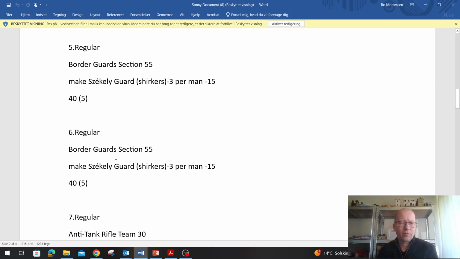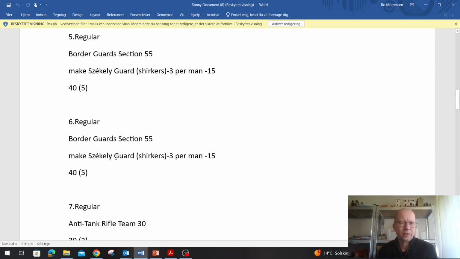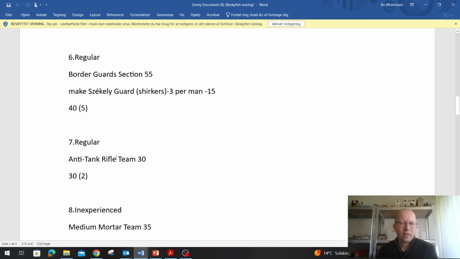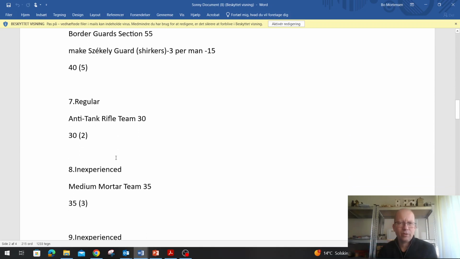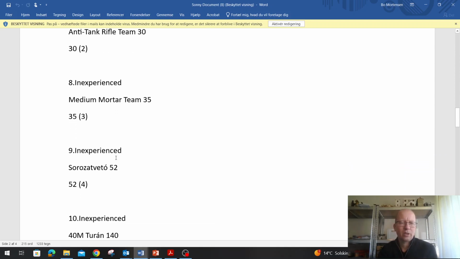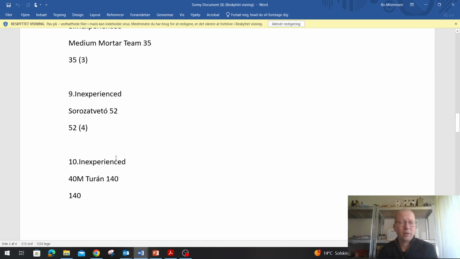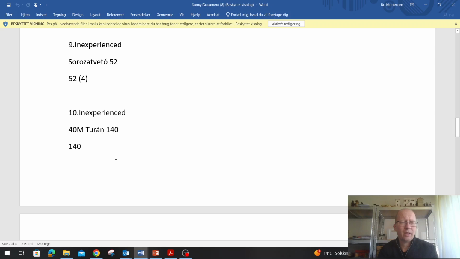Yep, more of those. Easy, that boosts your order dice count. That goes up. A regular anti-tank rifle. With the new Case Blue rules, definitely worth it as well. Inexperienced medium mortar. Zrínyi, that's the multi-launcher, right? Also very worth it. The Turán is a